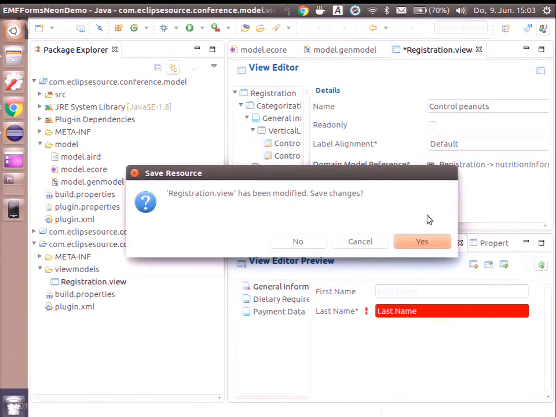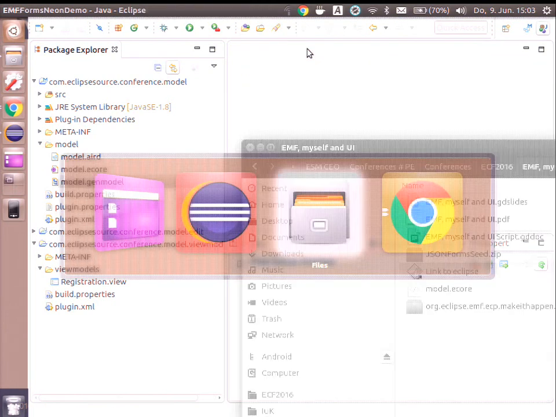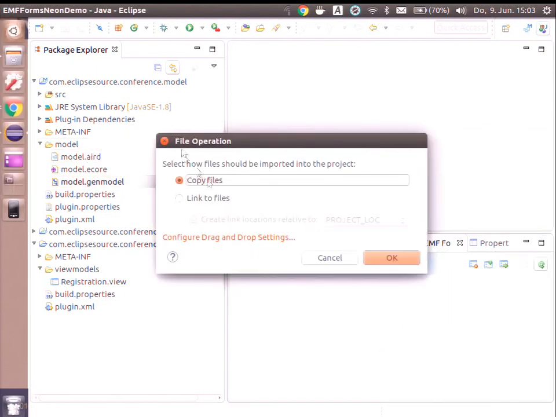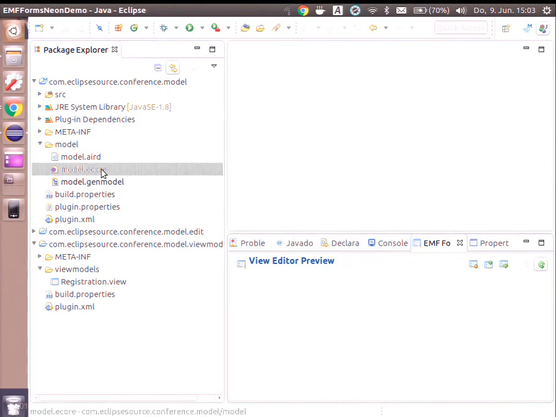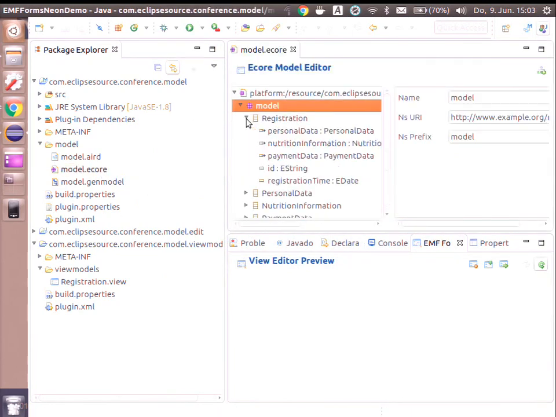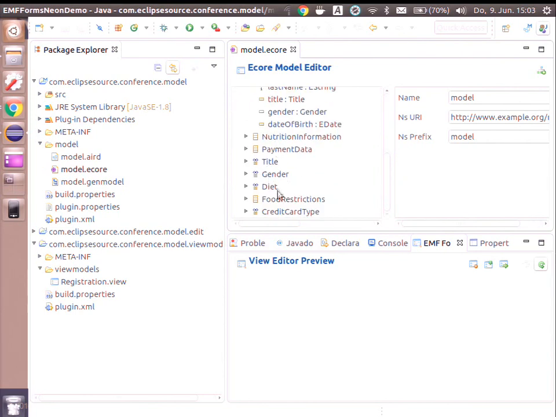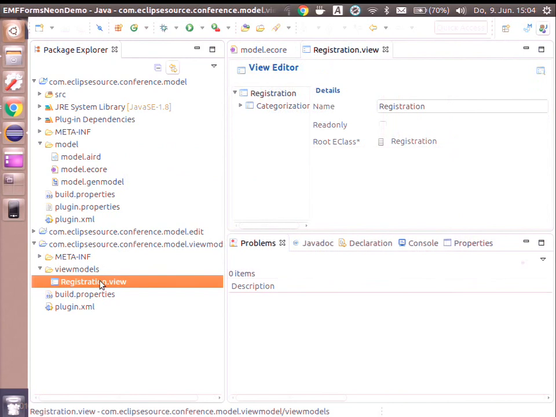Let me just save the view model, close the editors, and then, so now I have a little bit more sophisticated eCore here. It has a lot more properties and has a number of enumeration types and whatnot. And if I now open the registration view,